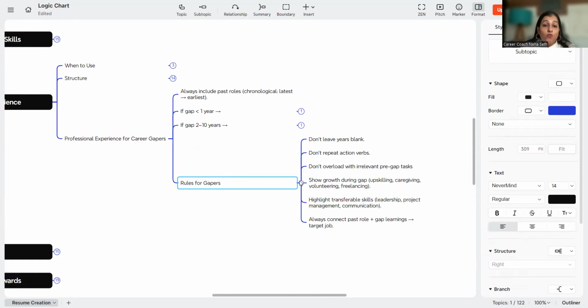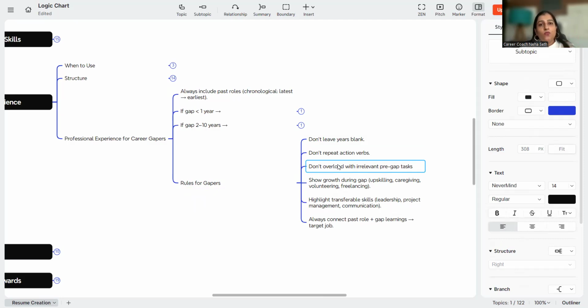Okay. So the rules for gappers: if you have more than 1 year of gap, please do not leave it blank. Do not repeat the action verbs. Do not overload with irrelevant pre-gap tasks. By this I want to tell you that many times we write in the resume that we managed physical files or stuff which is irrelevant in today's time. Please understand that whatever is irrelevant in today's time should not be mentioned,